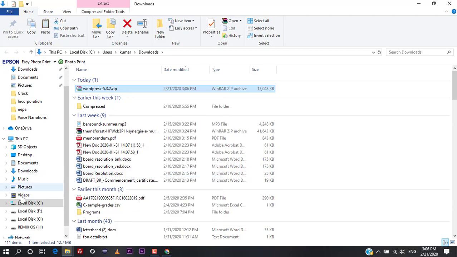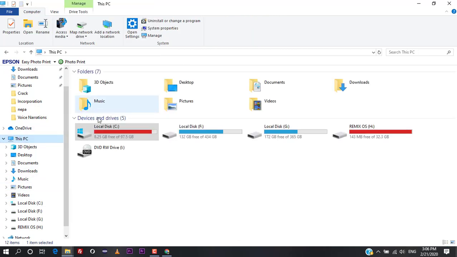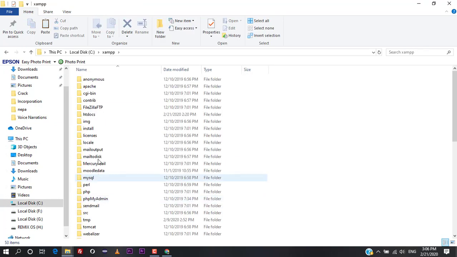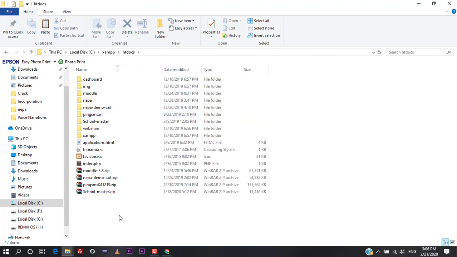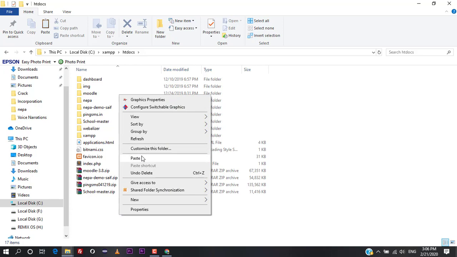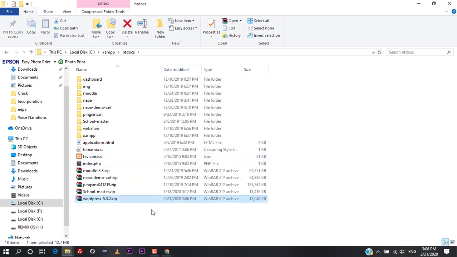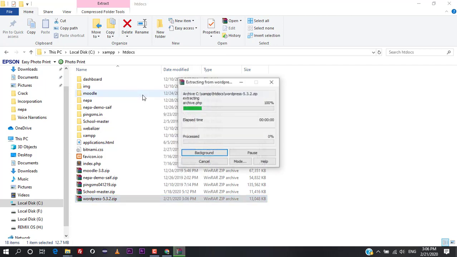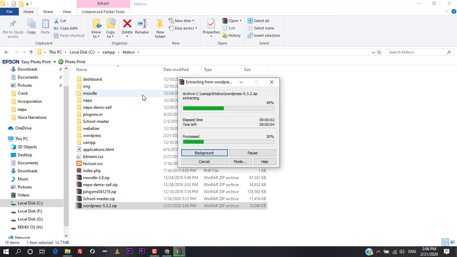Okay, we'll cut that and paste it into XAMPP, htdocs. Here we'll paste that. Now we will extract that. Right click, extract here. Once it's extracted,